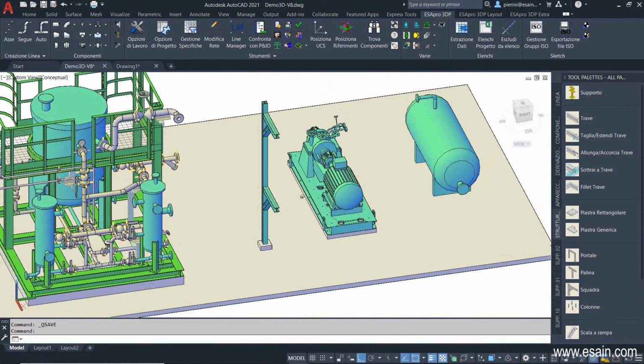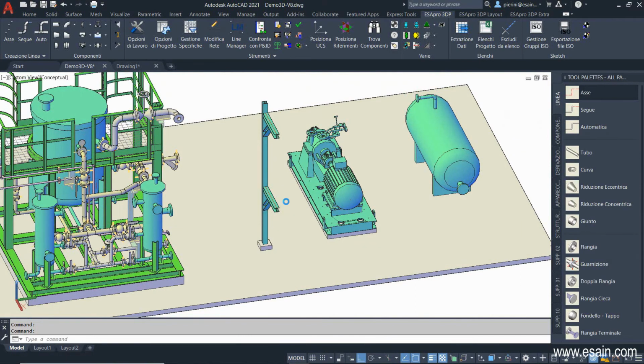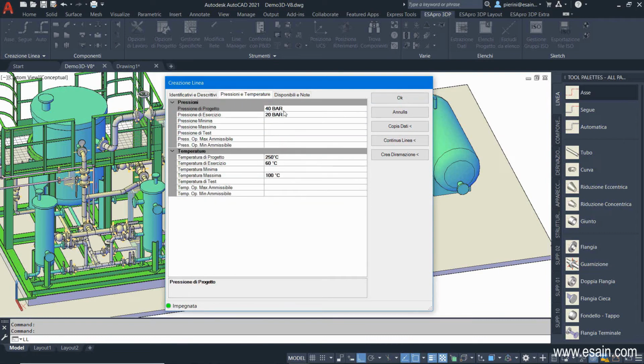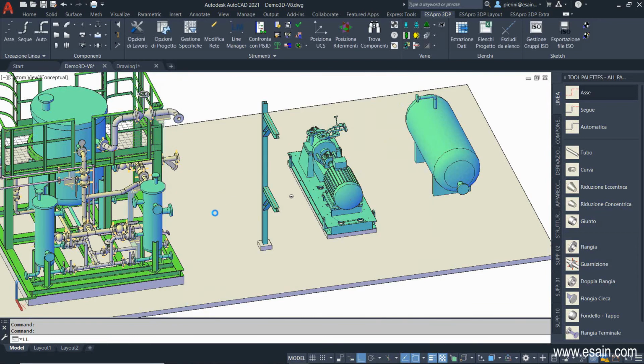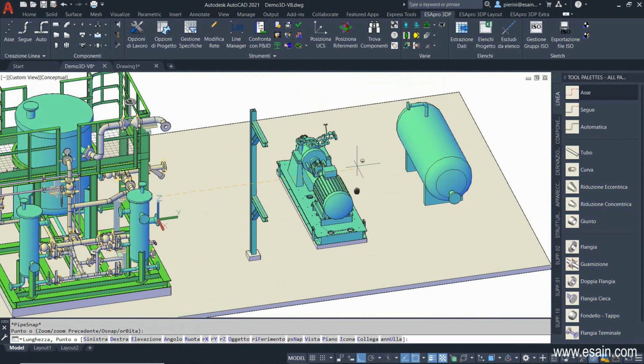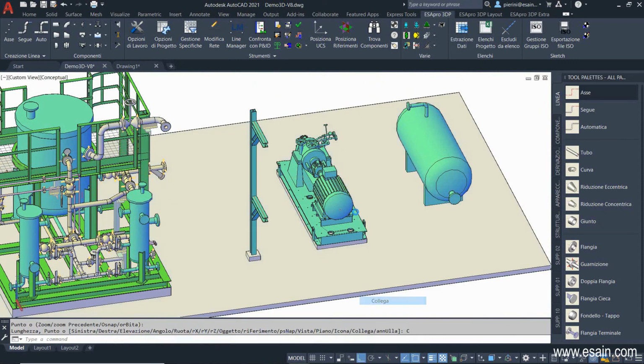Let's now model in 3D the lines that we've previously drawn in P&ID. We draw a pipeline axis and choose the line number from the project database. In this case, we choose 9700 line. It's the same as that chosen in P&ID, so also the process data are the same. We provide a starting point, the nozzle, and through Connect option, we make ASA Pro seek for possible paths. The paths are shown with a yellow pipe to check for possible clashes.